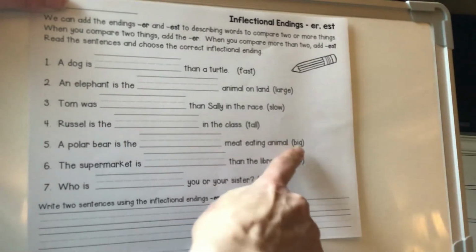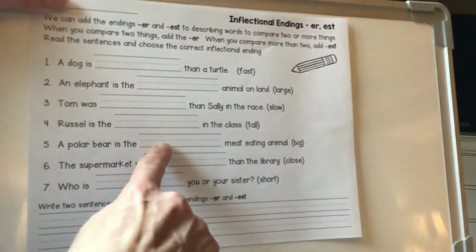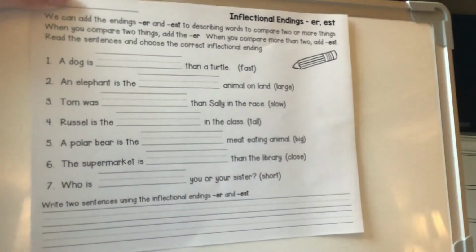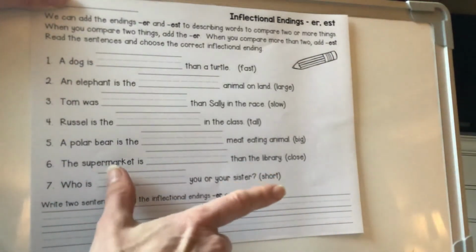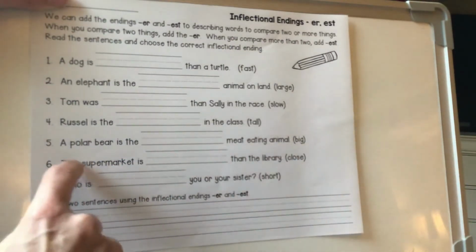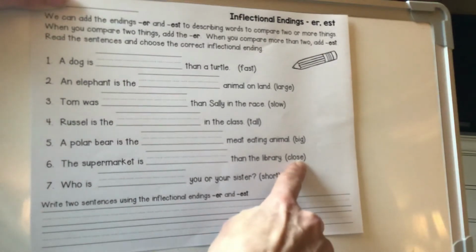Now, something interesting that happens in this is we actually add an extra G. A polar bear is the biggest, BIGGEST. So that spelling changes just a little bit. The supermarket is blank than the library. Okay, we're comparing supermarket to library. So we know it's going to be ER. The supermarket is closer than the library. And close already has an E on it. We don't add an extra ER. It's just going to be